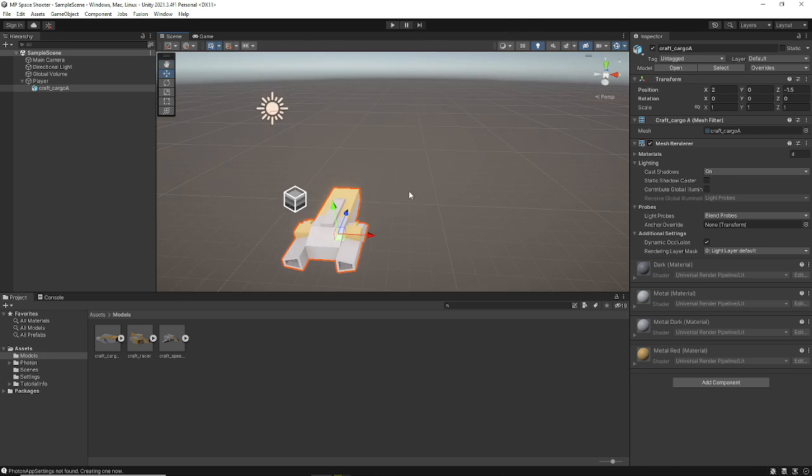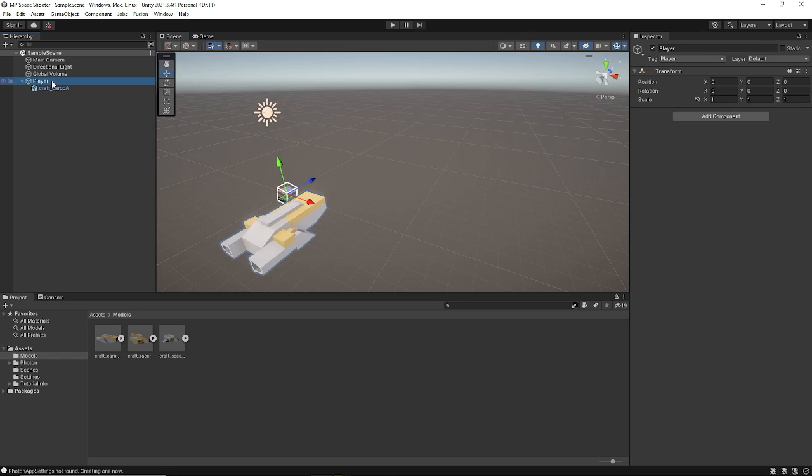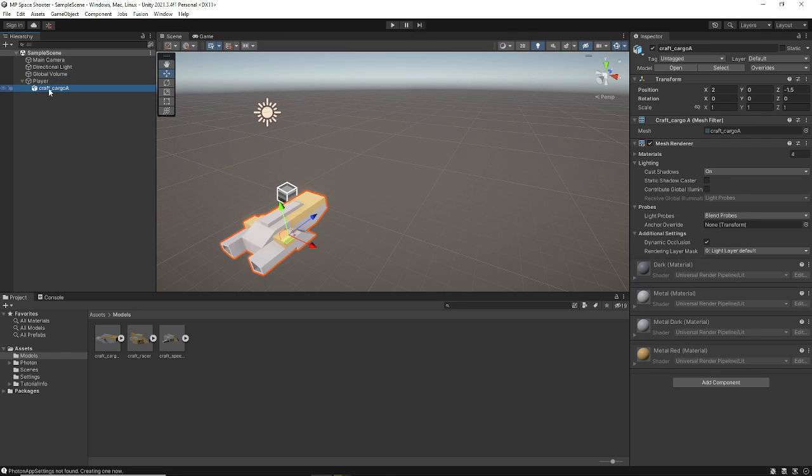So we've got our craft. The next thing we need to do now that we have the player in there is make it so there can be multiple players. And this is going to take a little bit of work. So we're going to work with their prototyping tools